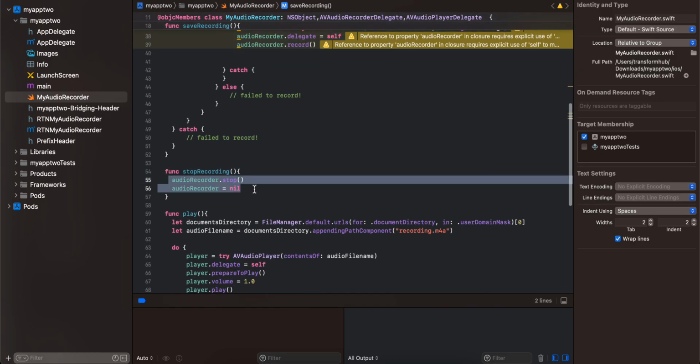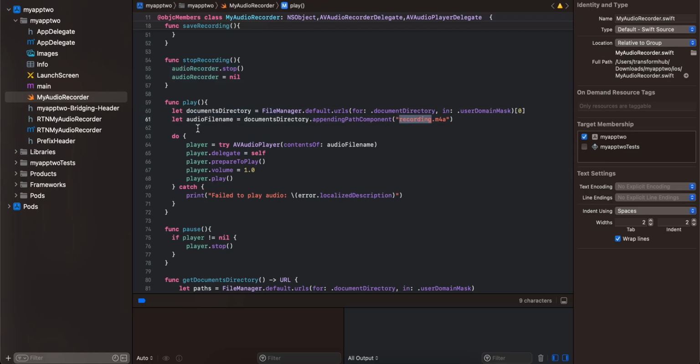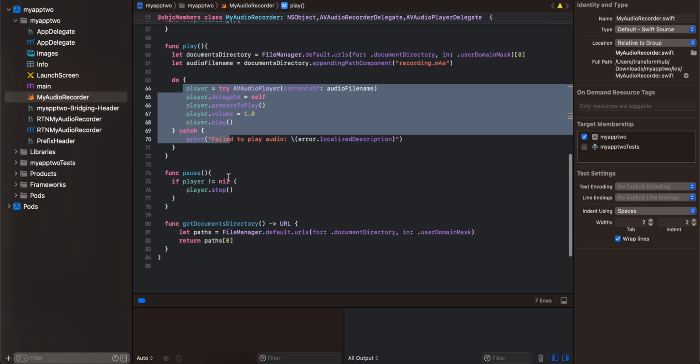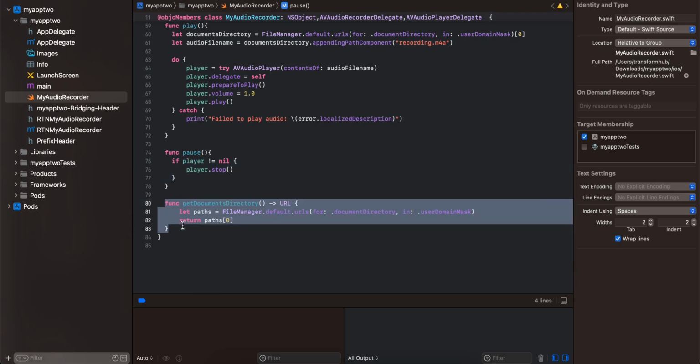Now to stop the recording, you have to write this. To play the recording, we have to first get that file, and once we get that, we can play it like this. And to pause it, we will use this code, and this is a helper method for getting the file